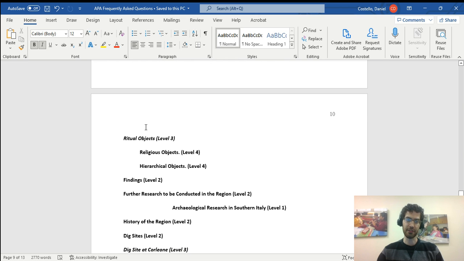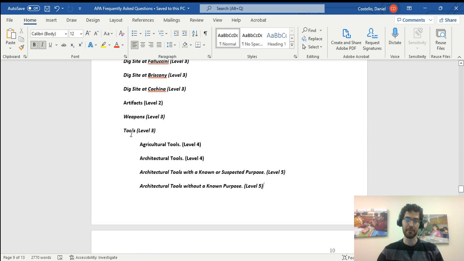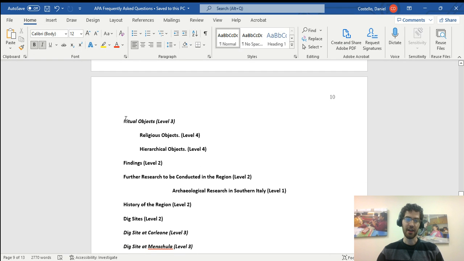And then scrolling further down, ritual objects brings us back to level 3 because we are now moving back into the subheadings under artifacts. And then within ritual objects, we have religious objects, level 4 heading, hierarchical objects, also level 4 heading. And then we would move on after doing all this research to findings, which would be a level